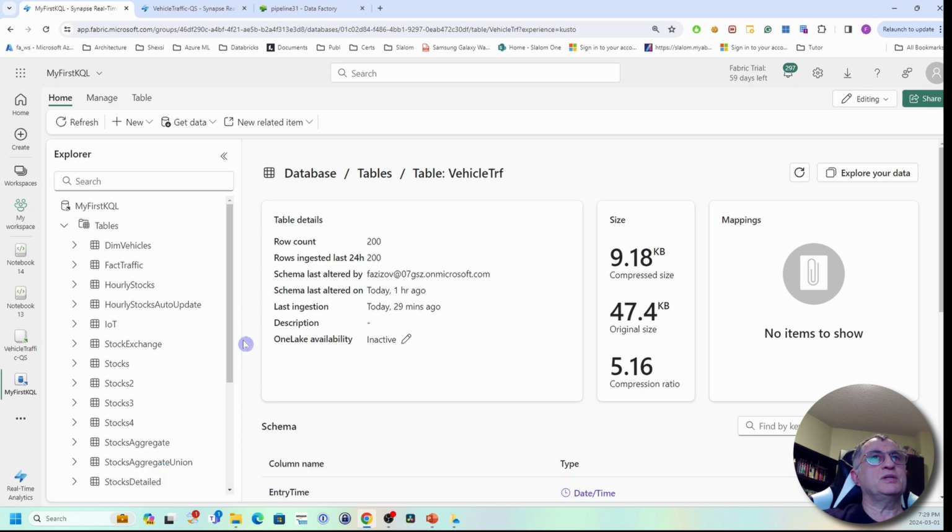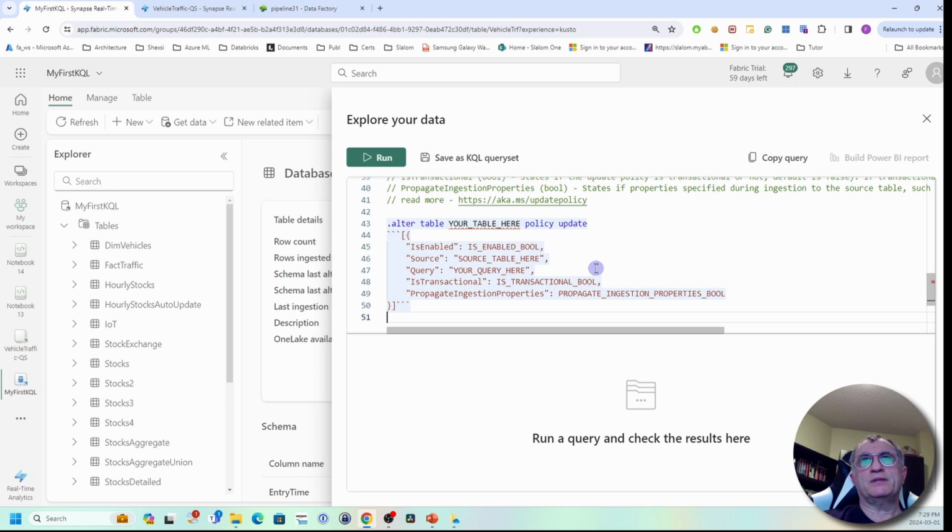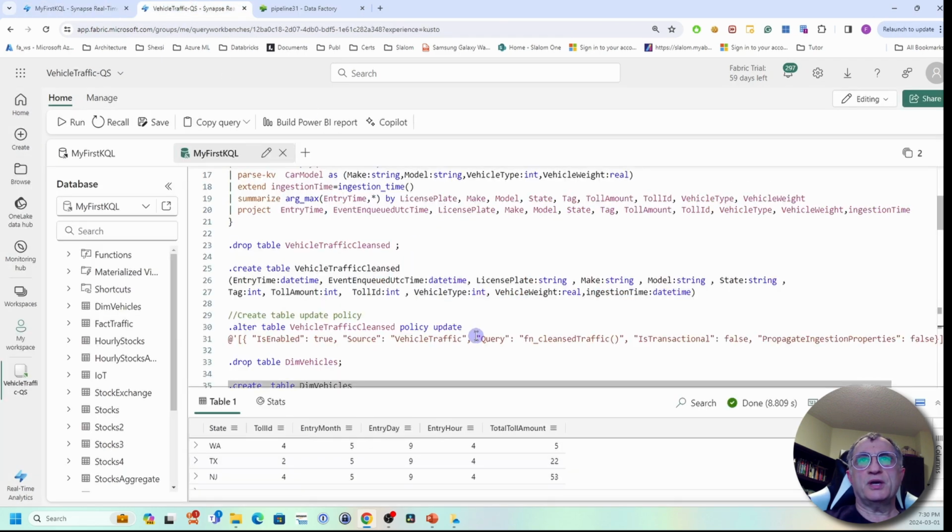So you can easily create an update policy from the Home tab. You can navigate to New and hit Table Update Policy here. That will present you an easily customizable template where you can specify your table name, source, your query, and all other properties. So I already created table update policies that I will be showing as part of an end-to-end transformation pipeline within the KQL database. Let me just navigate to my KQL query set,